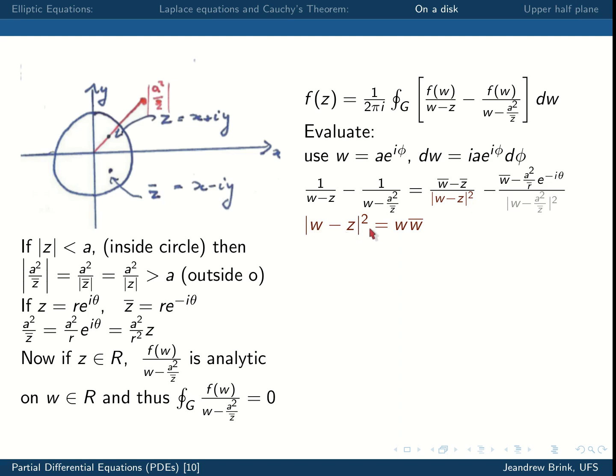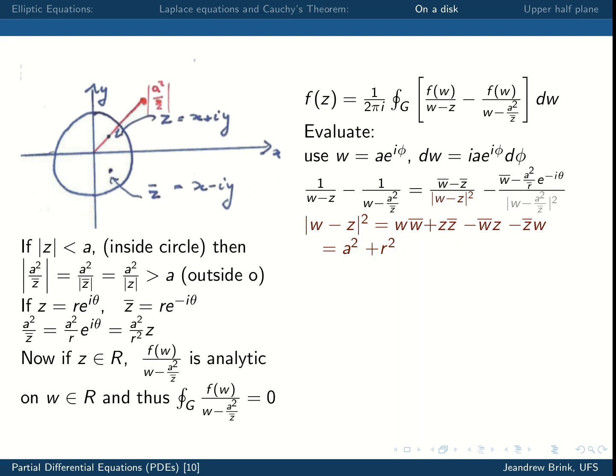And if you multiply that up, you get w times w bar plus z times z bar minus w bar z minus z bar w. Okay, so this is the first norm, and that simply equals, w w bar is simply a squared, z z bar is simply r squared,